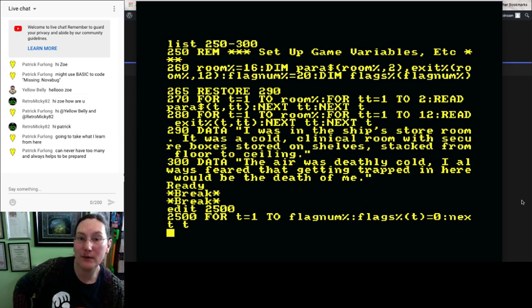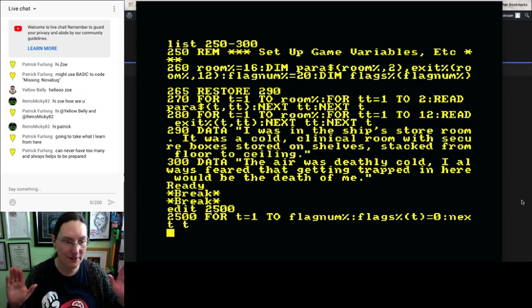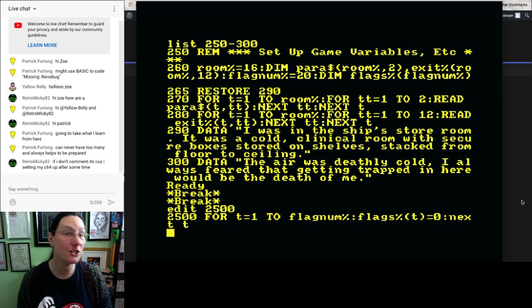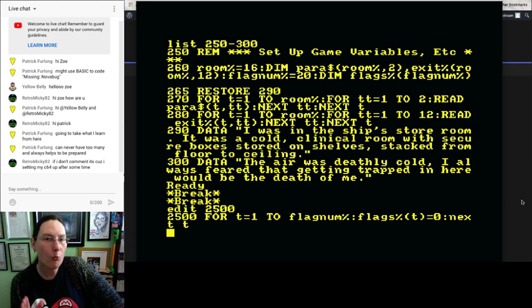That sets up all of our flags at 0. Every single one in the array will be 0. And if we need to, we can add in extras, or we can reduce the size of that, which will reduce the amount of memory that's taken up as well, which means that now we've got all of our flags at 0. But there is one more thing that we need to edit